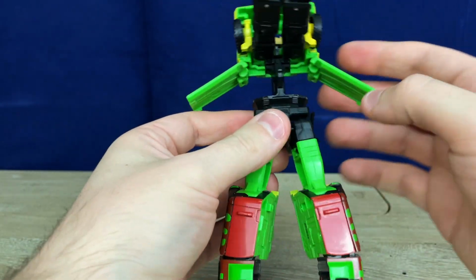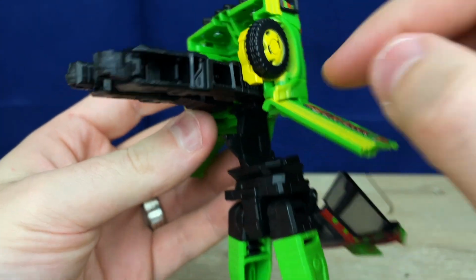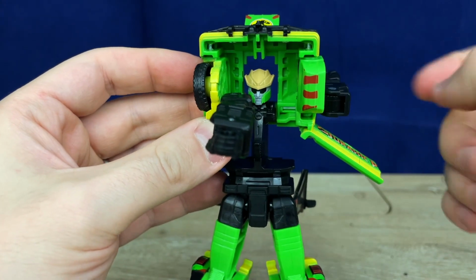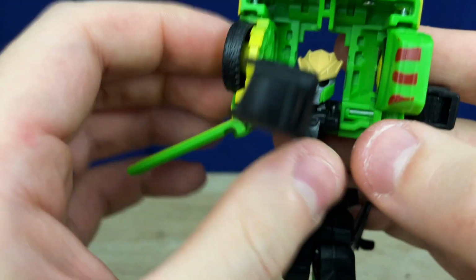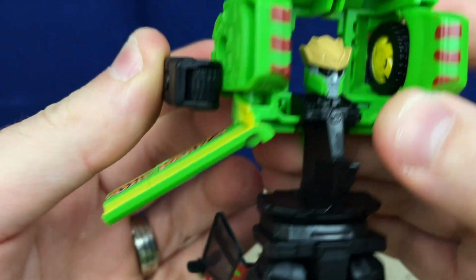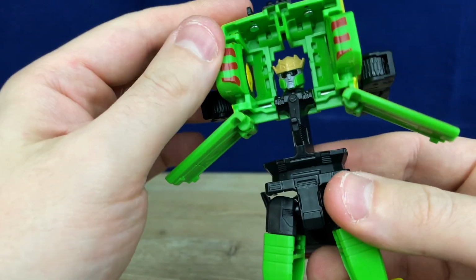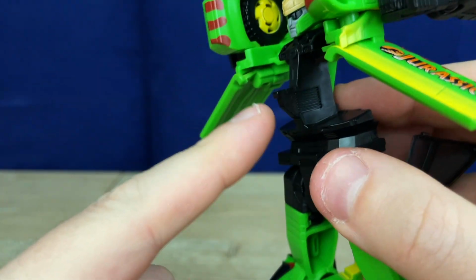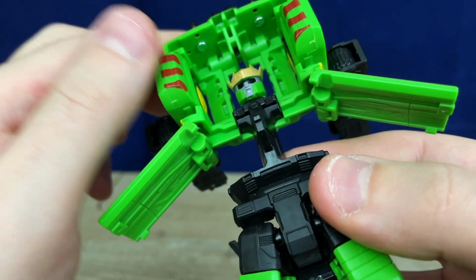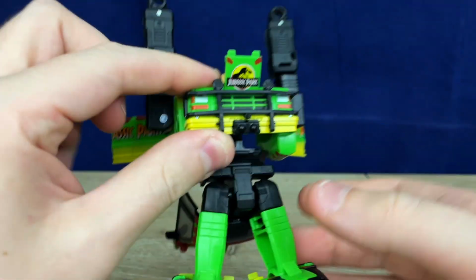So legs are done. Now for the upper body, I want to rotate this whole chunk of wheel and arm, which will rotate around and click itself into place with the wheel pointing up now. And there's just enough clearance, you can see as this comes around, that it swings right past the brim of that hat. So I do have to give him credit for the design in that it's got just enough room to swing past that head. And then you swing this down, and this tab sticking off of this strut here will settle into this notch up here. When you bring this down, it doesn't click into place, but it does friction into place pretty solidly. Bring the arms down,